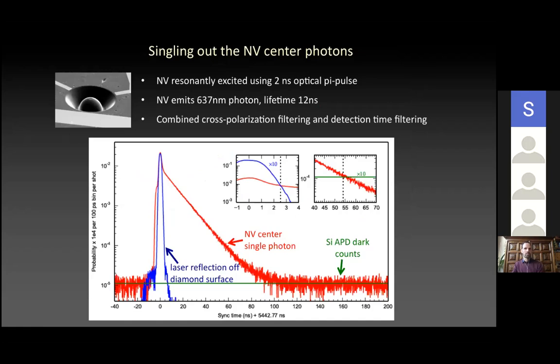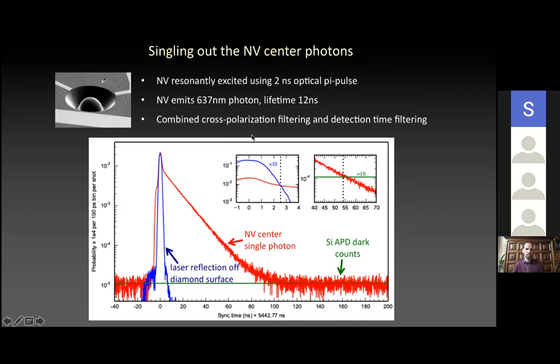Just one technical challenge that is quite relevant for any experimentalists that may be in this talk: we are coming in with a laser beam trying to excite the NV center to make it emit a photon. This is typically done using a 1 or 2 nanosecond optical pi pulse. This pulse contains thousands, tens of thousands of photons. We shoot them towards this diamond, and many of these photons also come back. Out of these many photons, we have to single out the one photon that the NV center emits. And of course, this NV center emits at exactly the same wavelength, so there's no way that you can do simple wavelength filtering.